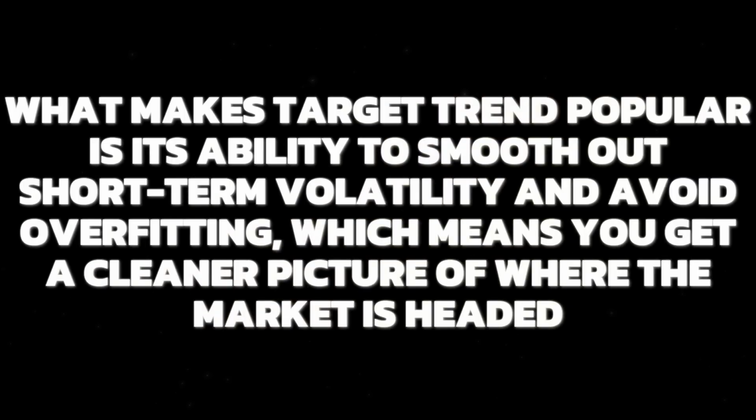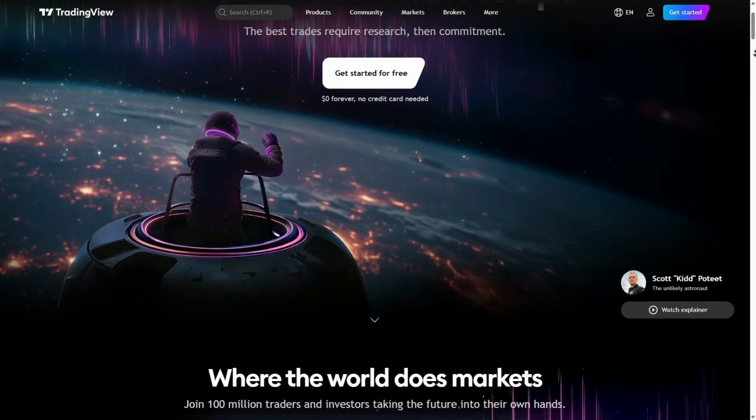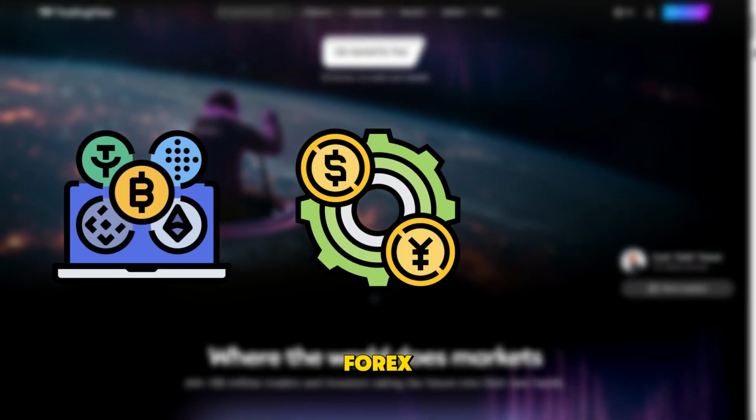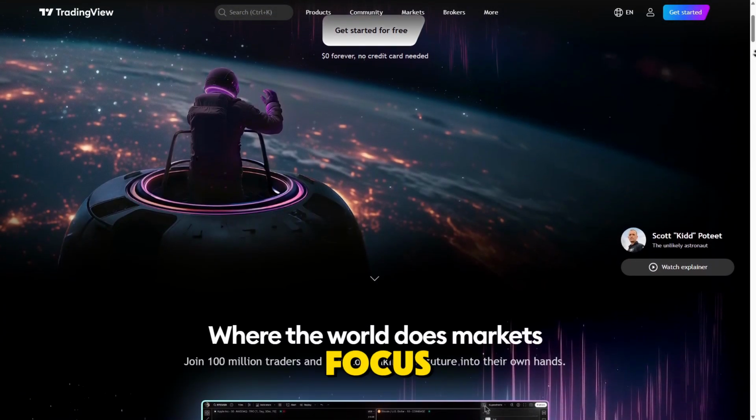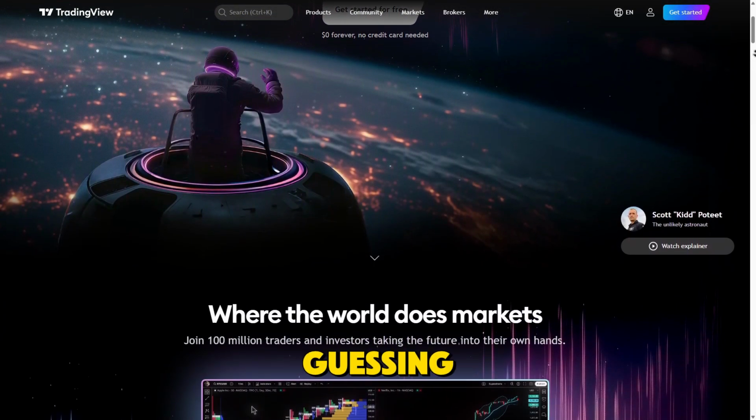What makes Target Trend popular is its ability to smooth out short-term volatility and avoid overfitting, which means you get a cleaner picture of where the market is headed. Whether you're trading crypto, forex, or indices, it helps you focus on the bigger trend without second-guessing your entry and